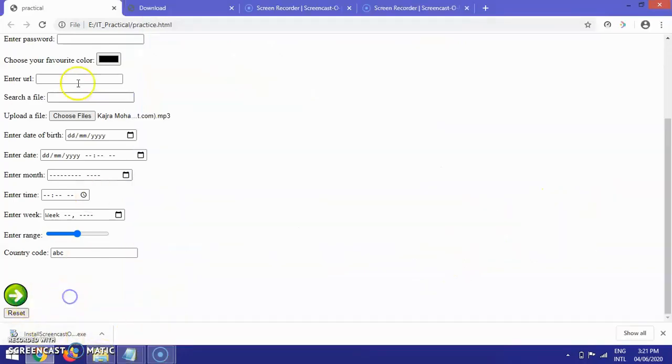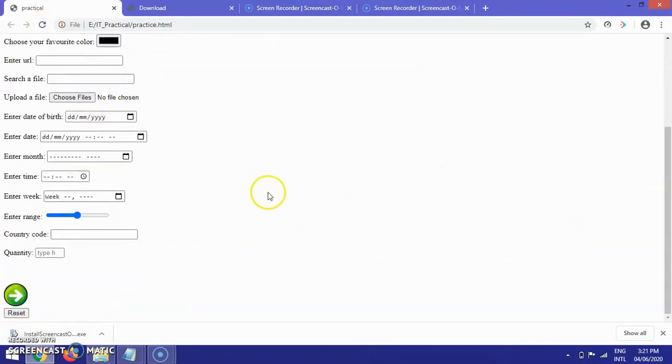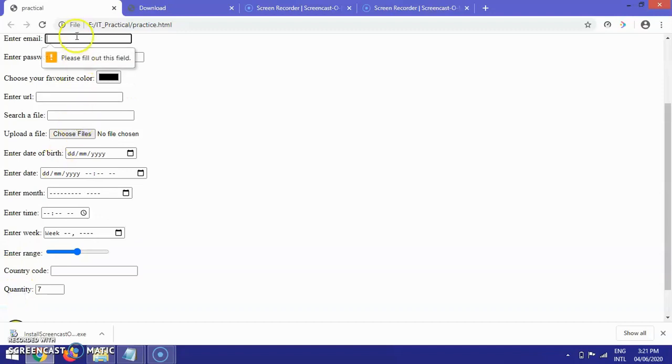Saved and executed. See, in quantity you can see the placeholder. I'm typing 7 and submitting, and it jumped to the required field. What does it say?